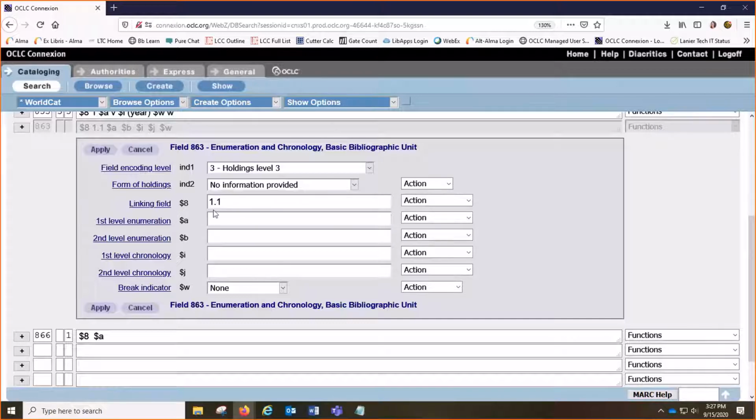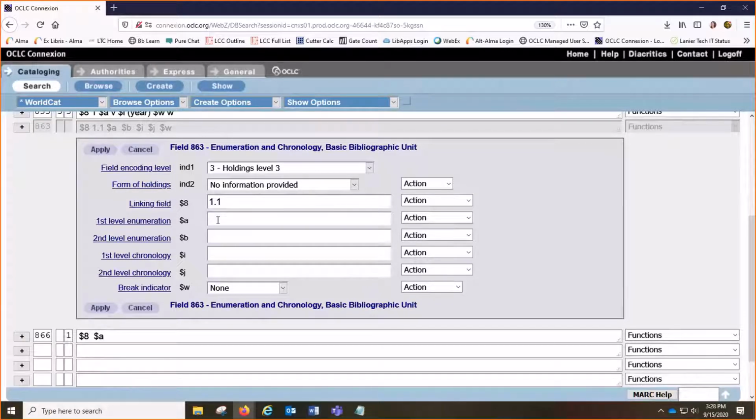I know it means something, and I know that if you have more holdings statements that you would do 1.2 or 2.1, and it gets a little confusing, and I didn't quite understand, and I'm sorry. And so if anybody else has questions at the end, I will do more digging to find that out. But seriously, I could not understand it. So if anybody does understand, I would really appreciate if someone could explain it. So anyway,